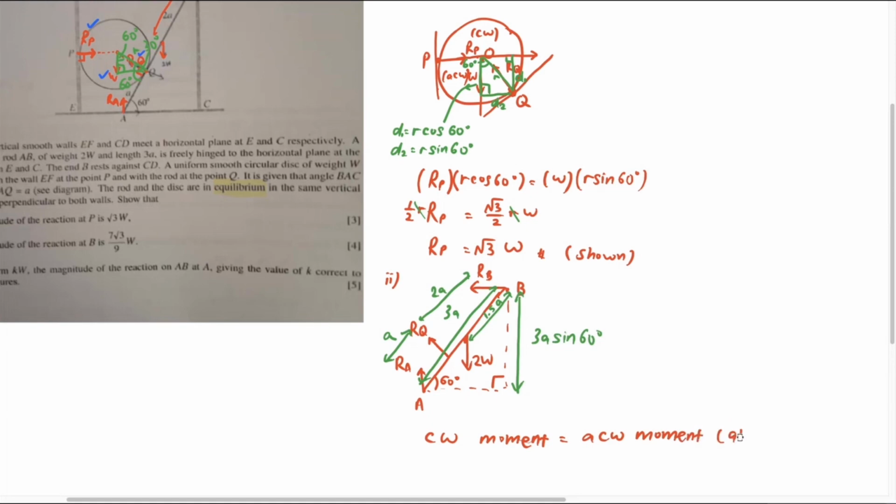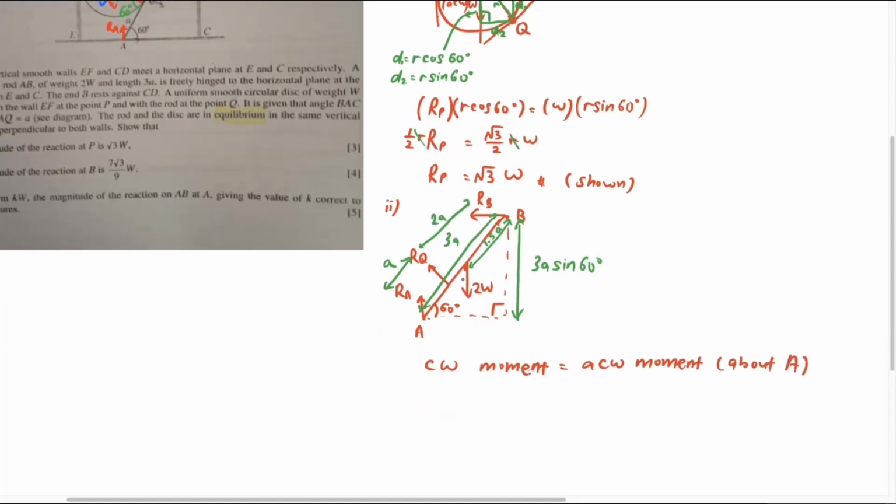This is about A. Okay, so I choose this particular point. Let me set up first. I have RB as, this is the center of the clock. So imagine you turn this way. Okay, so that is going to be